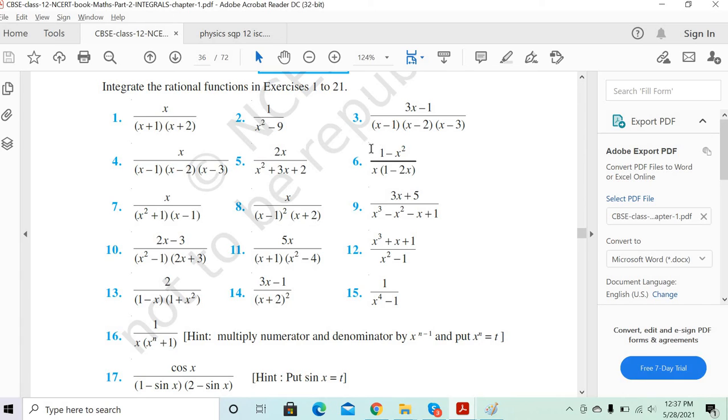See, we discussed now 1 minus x square, and the degree of the numerator is the same as the degree of the denominator. So they are not in the form of a proper fraction. So we need to get it in proper fraction form. How do you do that? We have to divide the numerator by the denominator, right? And then make it a mixed fraction.